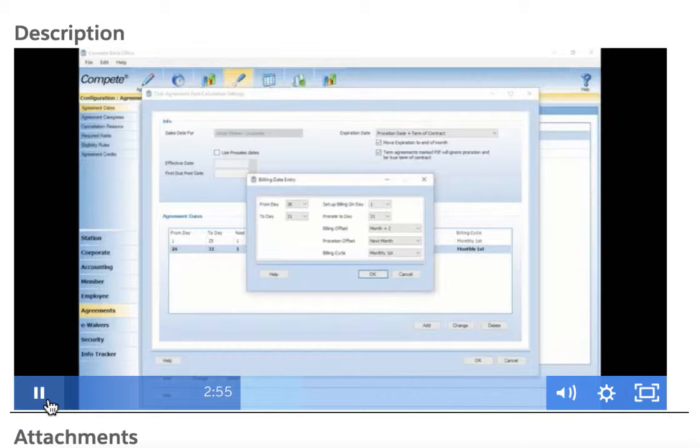Now we see the balance of our days from the 26th to the 31st. Here, we will still set up our billing to begin on day 1 and prorate to day 31. However, our billing offset is month plus 2, our proration offset is next month, and our billing cycle will still be monthly first. What this means is if I sign up on the 27th, I will be set up to